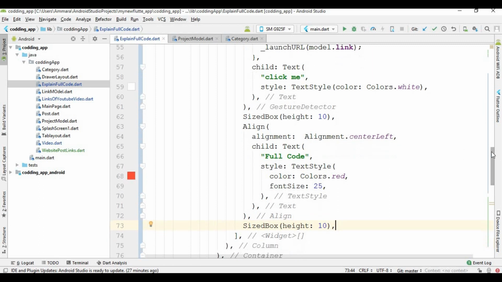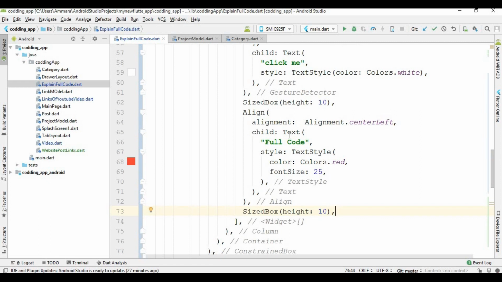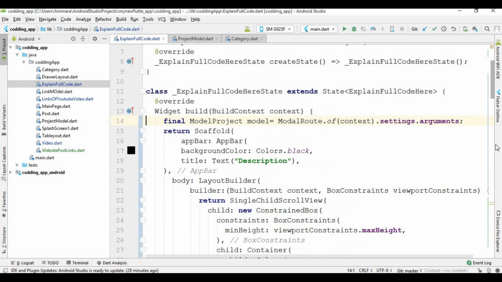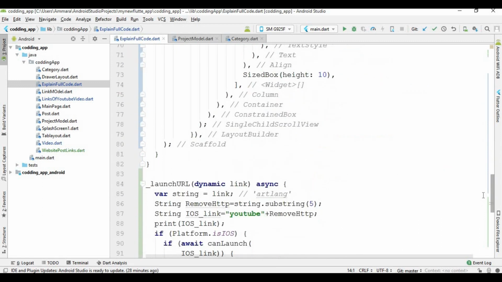So I copy paste here. Inside this text class, first of all I give the text, and after that style some text. Color, set the color of text red, size 25, and after that I give some space, and now I am going to create this code section.